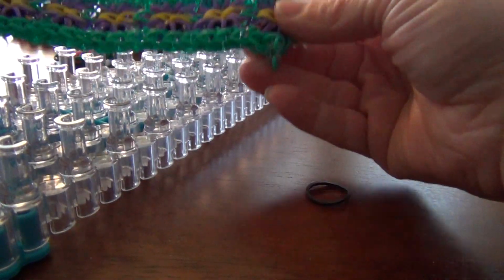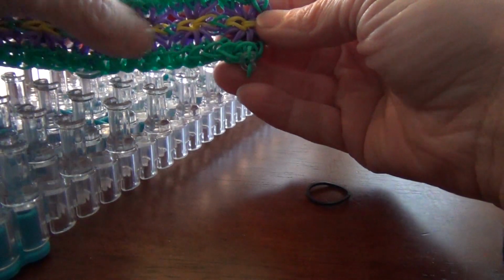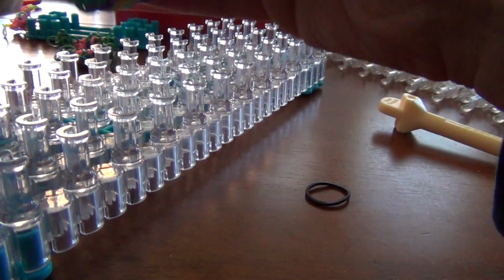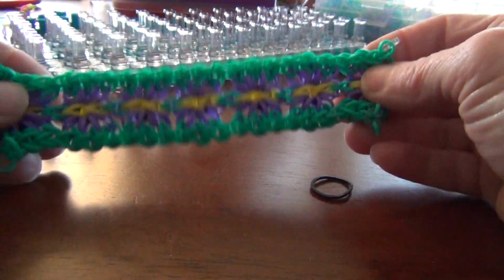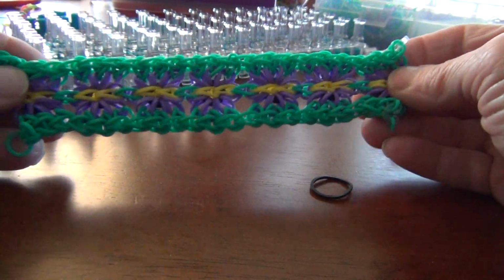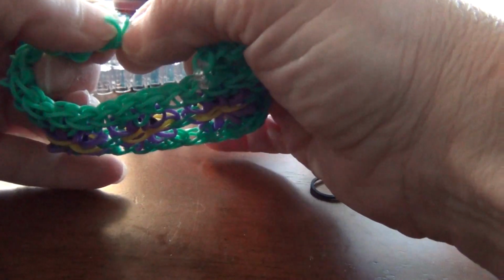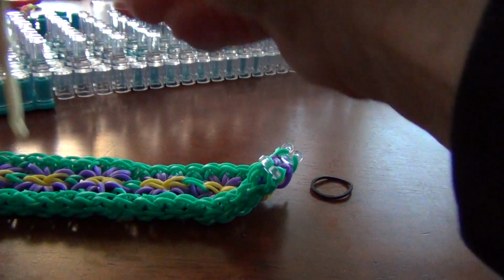And there you go. 1, 2, 3, 4, 5, 6, 7 flowers. Then just connect it. Oh, I guess you didn't see that. There we go. 7 flowers. And then connect it to the